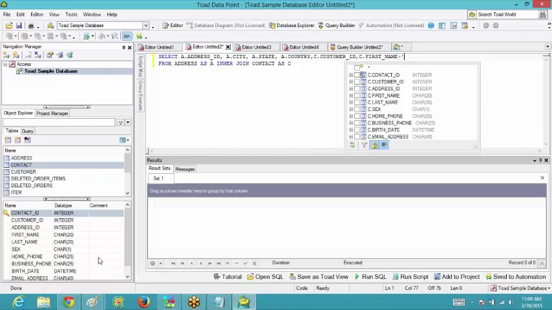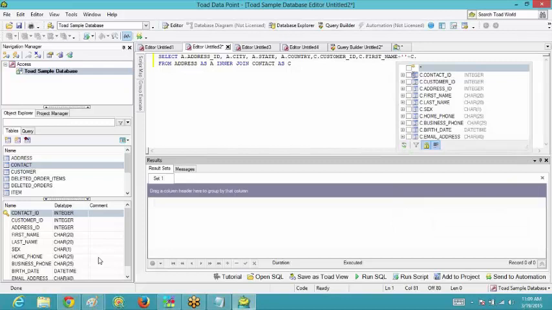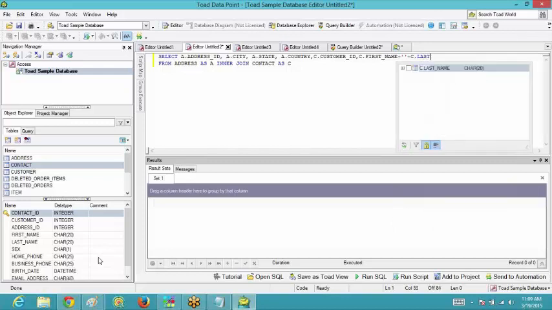Okay, with this only I guess it would be done. Okay, with a space, then again that would be C dot the last name, last underscore name.